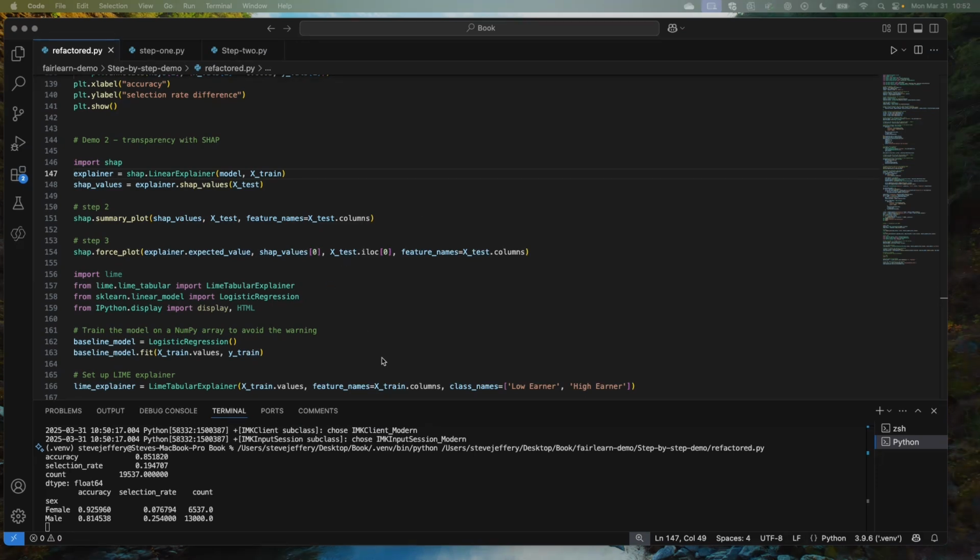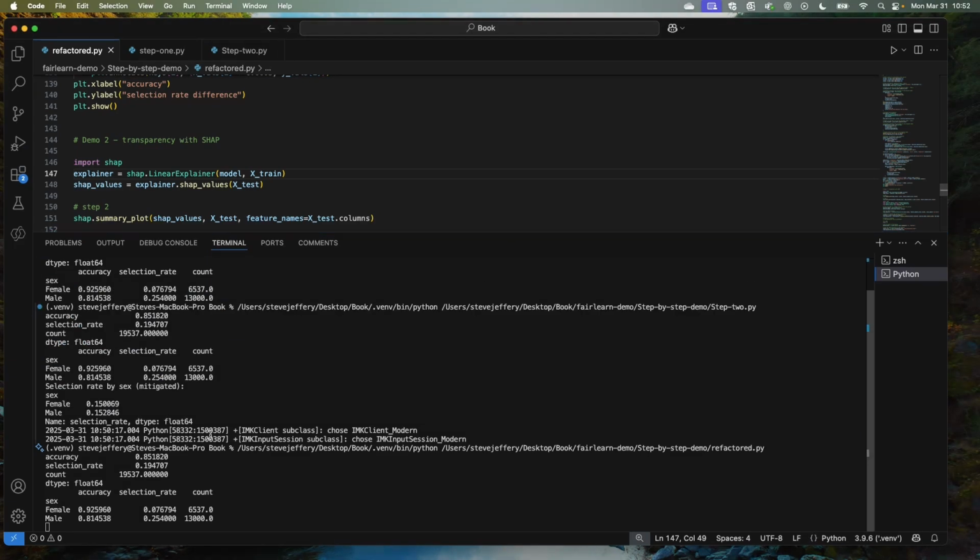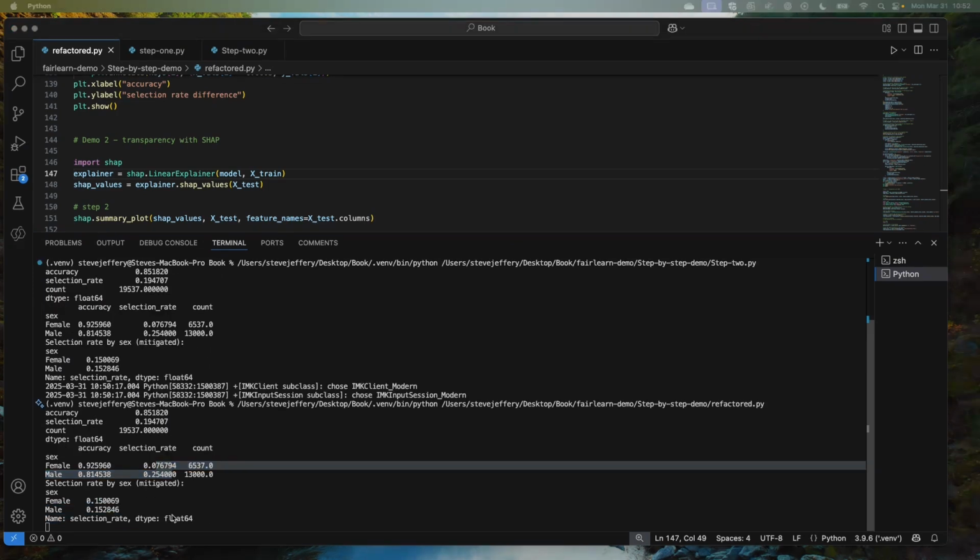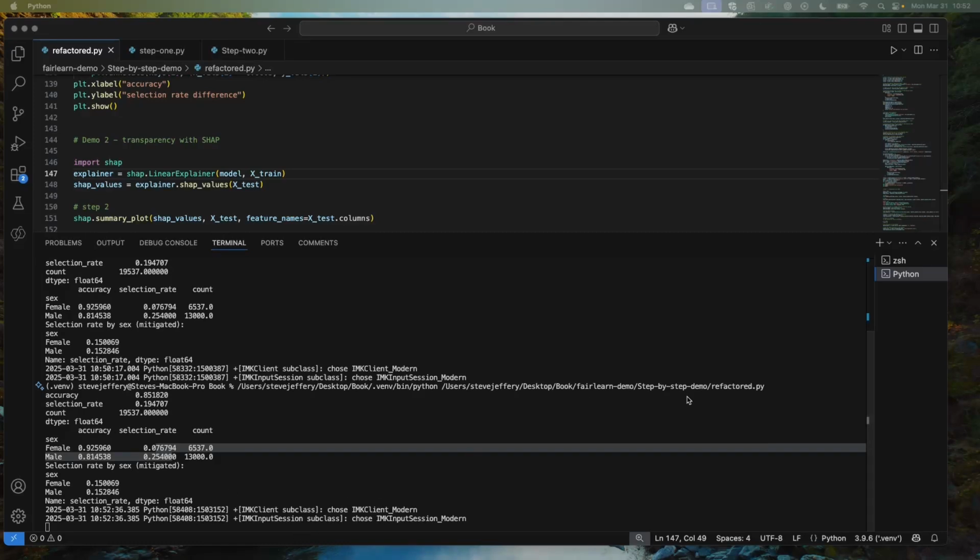So let's give ourselves a minute while this is running. You can see in the terminal window there, we have the unmitigated model. It's just running. We should then see the mitigated version. And what we'll get is